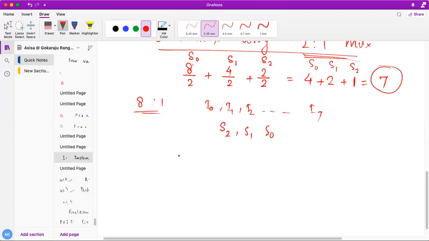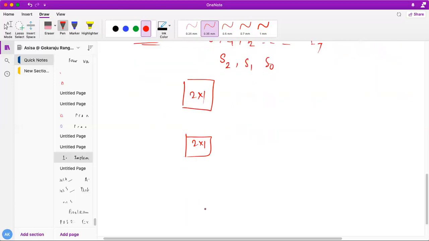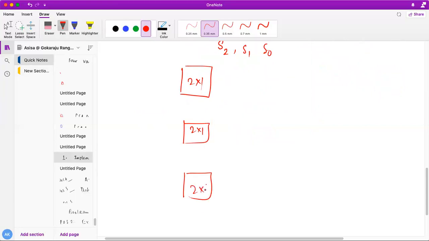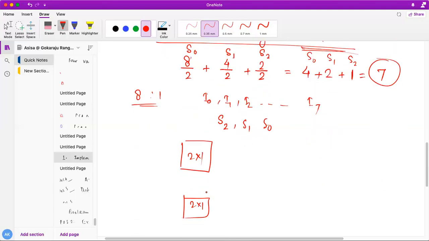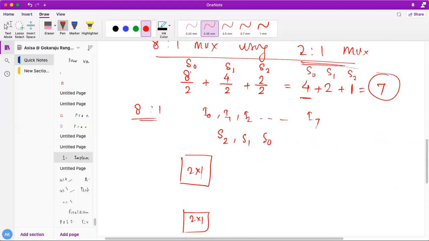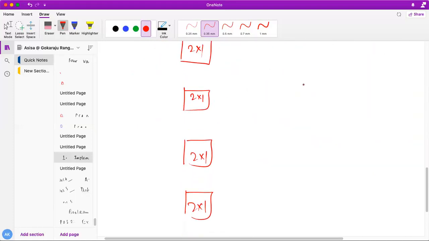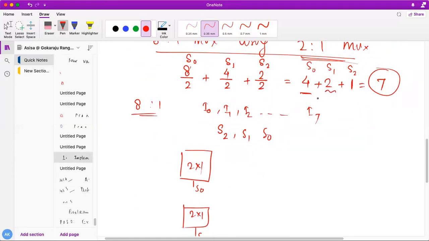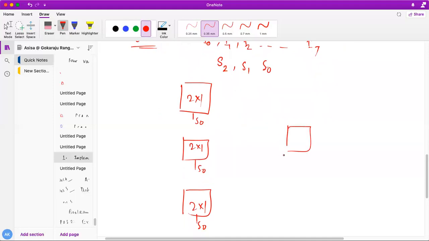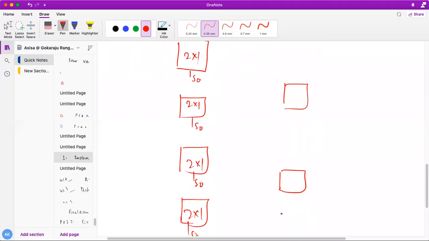So blindly, what you have to do is design at the first stage all 4 2x1 muxes. Just blindly do it. I'll tell you at the end whether it is correct or not. So 2x1 mux, and finally again 1 more 2x1. In the first stage, how many muxes are there? 4 muxes are there. And which select line are they connected to? The S0 select line. So this is my S0, this is my S0, this is my S0, and this is my S0. All of you understand? And then in the second stage, how many muxes are there? 2 muxes are there. So here is 1 mux, and here another 2x1 mux.